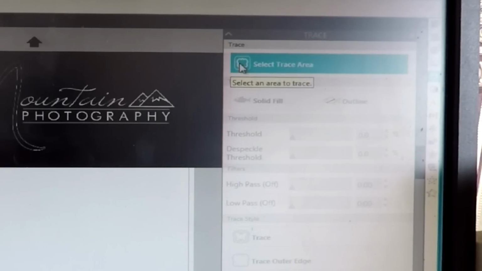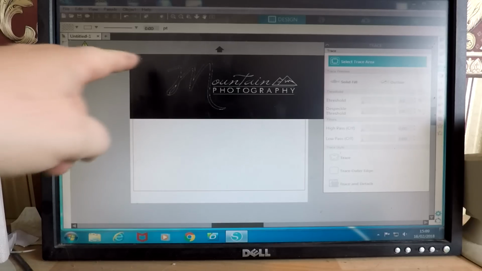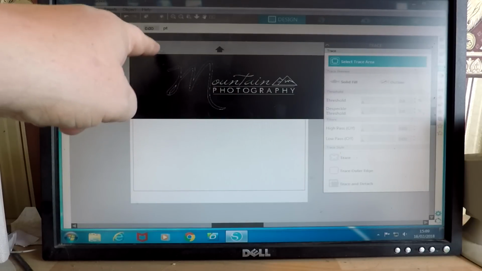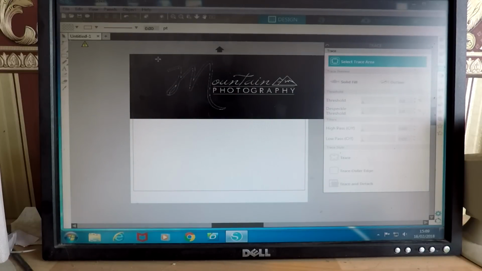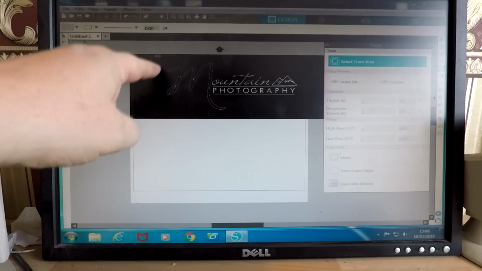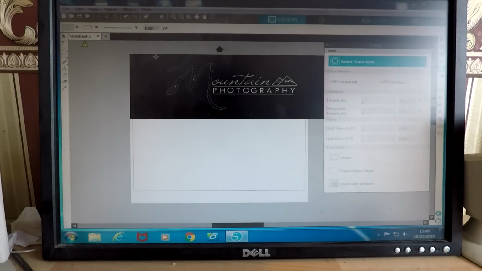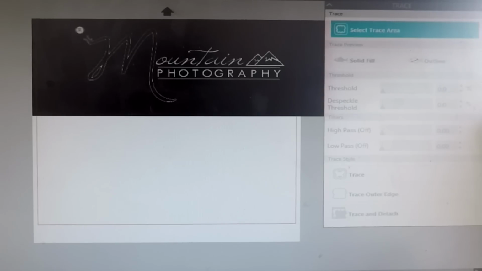Now we're in here, I'm going to click on that select trace area, and then I'm going to go outside of the actual writing I want. There's a little cross there, as you can see, my little crosshairs, and I'm going to hold the left mouse button down when I'm outside, making sure that I can draw a box around all of the image I want to cut out. So I'm going to hold it about there, and hold the left mouse button down and drag it. As you can see, I'm dragging a box there